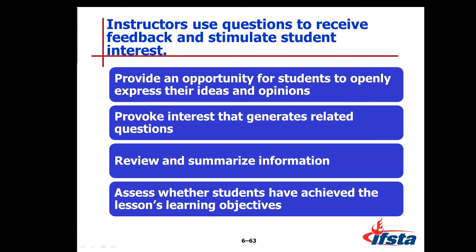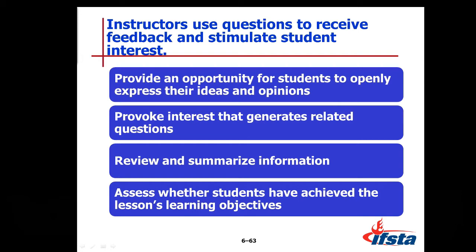You'll find that you can engage students using that. Provoke interest that generates related questions. When we started the course, we talked about the flipped classroom. We talked about ways to put magic into your lectures. We talked about being a fireman and all that stuff. Those videos are in there designed to get you thinking about the fire service and the necessity of the fire service instructor, especially on the company level, and especially since it's required for Indiana Fire Officer 1. That's actually part of the NFPA standard that all candidates for Officer 1 have to have Instructor 1 at a minimum.